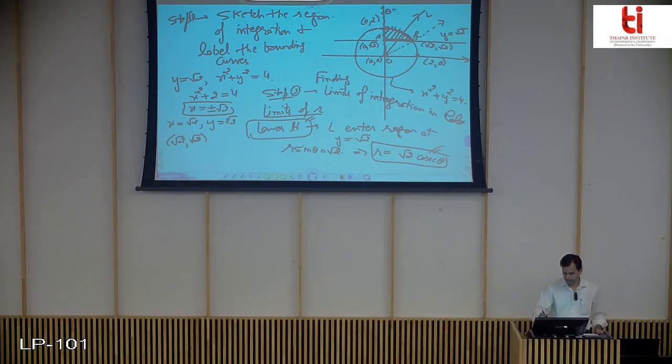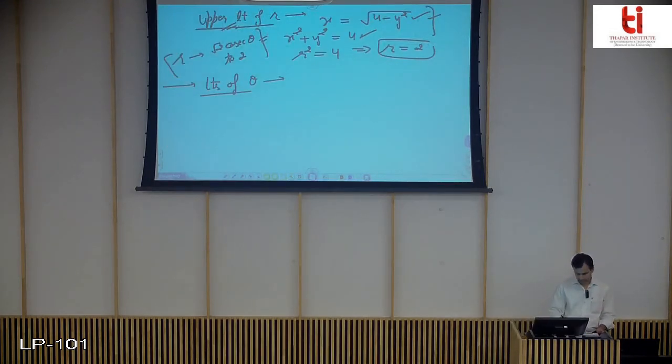Here theta equals pi by 2. We can write it directly because this is a circle, r equals 2, so theta is going to be pi by 2 for this boundary. Okay, theta equals pi by 2 is fine. But what about this dotted ray? What is theta here? That is what we have to find. Clearly, the value of theta lies between